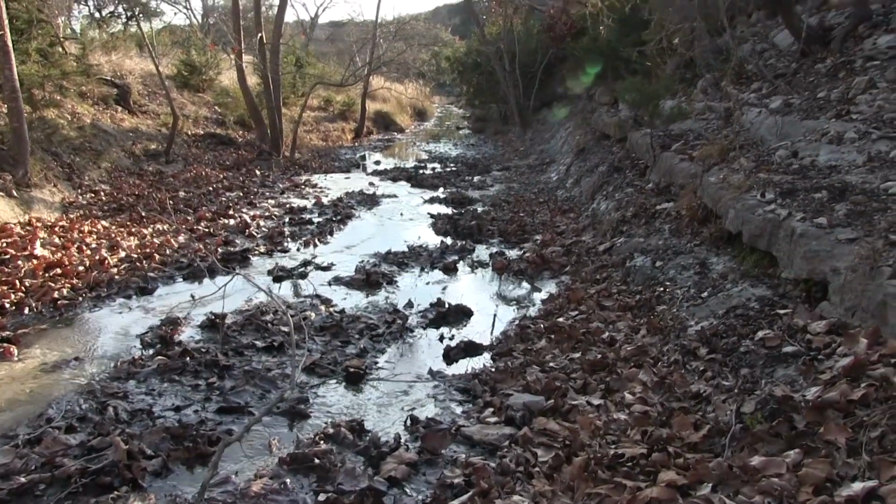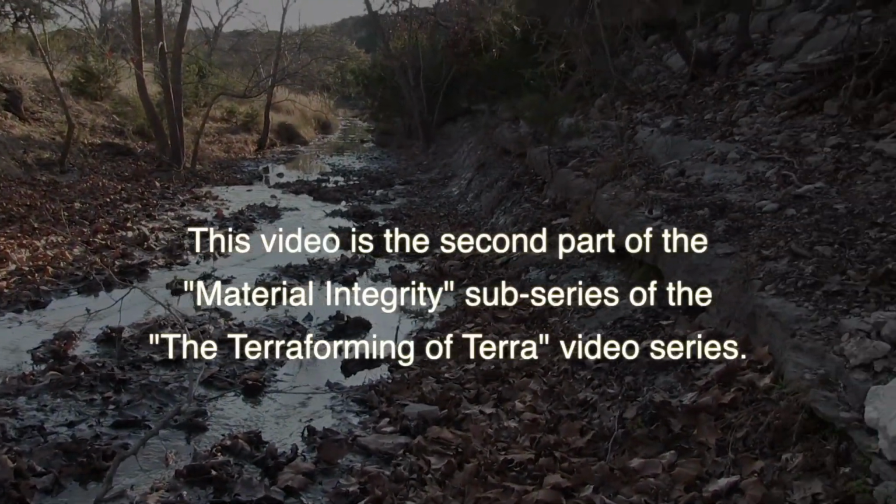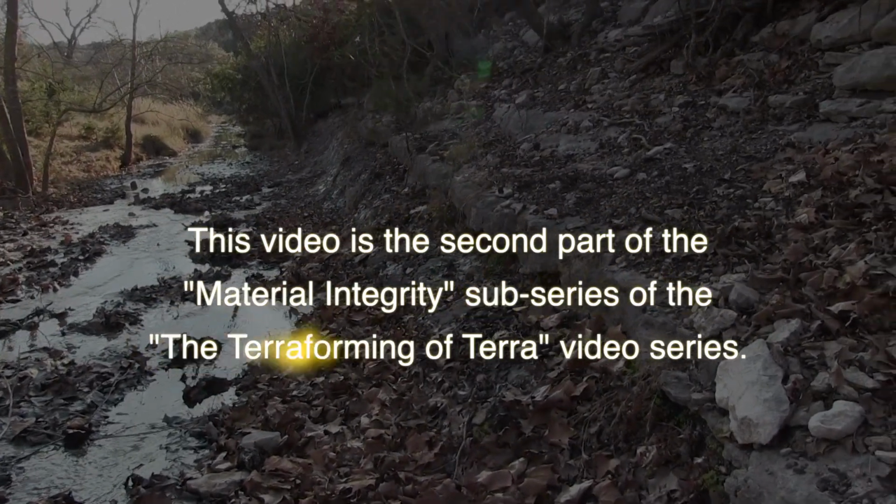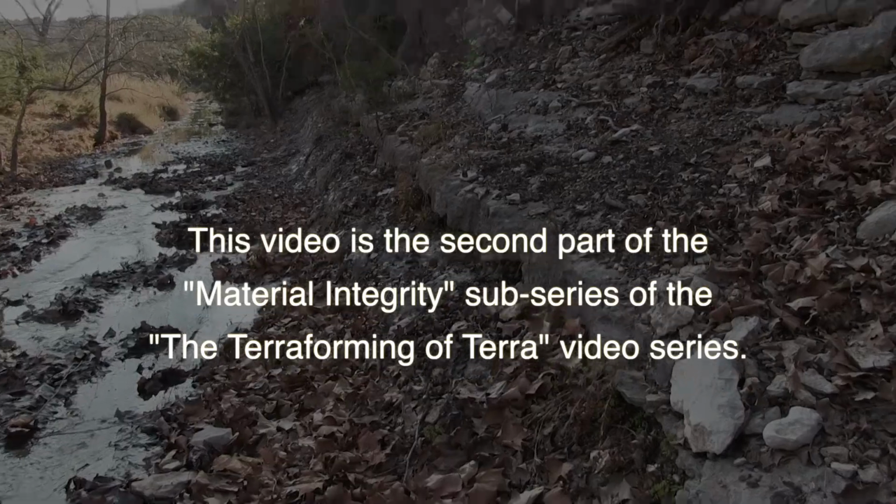My friends, we're here at ancient Archaeology Creek in Gillespie County, and we're going to do some more exploration of this creek bed that was terraformed in ancient times, built in its entirety out of a magic concrete recipe that the ancients mixed and heated and laid down in a stepped fashion. So we're here on the northern bank of